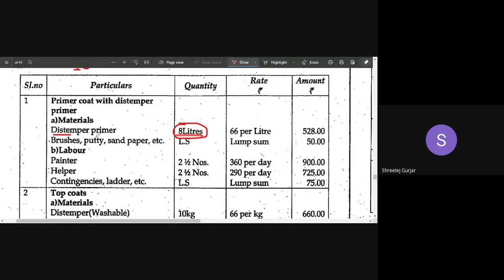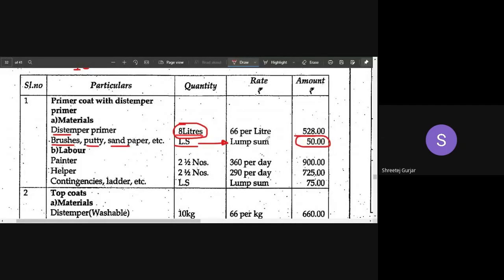Okay, and then to paint, we need some brushes. We need some putty, sandpaper for making the surface smooth, right? We fill it with putty. We make it smooth by rubbing it with sandpaper. We need brushes for painting. So all those things can be kept under lump sum, and you can add appropriate rate, appropriate amount for this